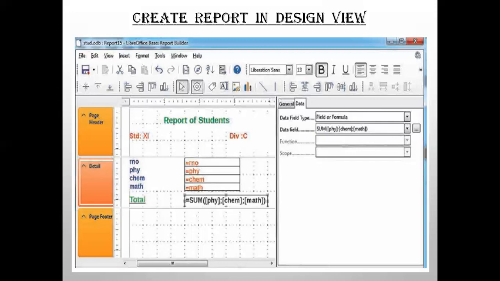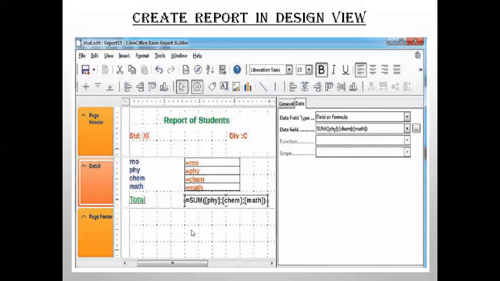We can give some title for the report in the page header section by using the label control and change its label property to read title. There are controls here, like the controls in the form. This toolbar was at the left side here. I showed you in the previous section how to add a label and how to add a text box. Same way there are controls here. Put the label here, drag, draw and then type a title for the report in the page header section.